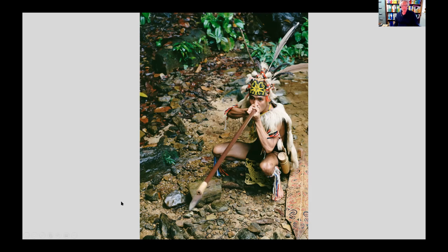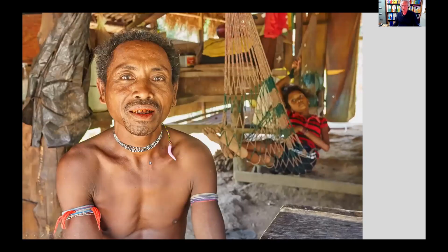Something a little bit similar, but in a very different place. This is in the rainforest in the Philippines, and this is quite an anthropological kind of picture, really, because this shows an Essa tribesman, who are basically the sort of Aborigines of the Philippines, the people that have lived in the Philippines since long before today's Filipinos arrived,